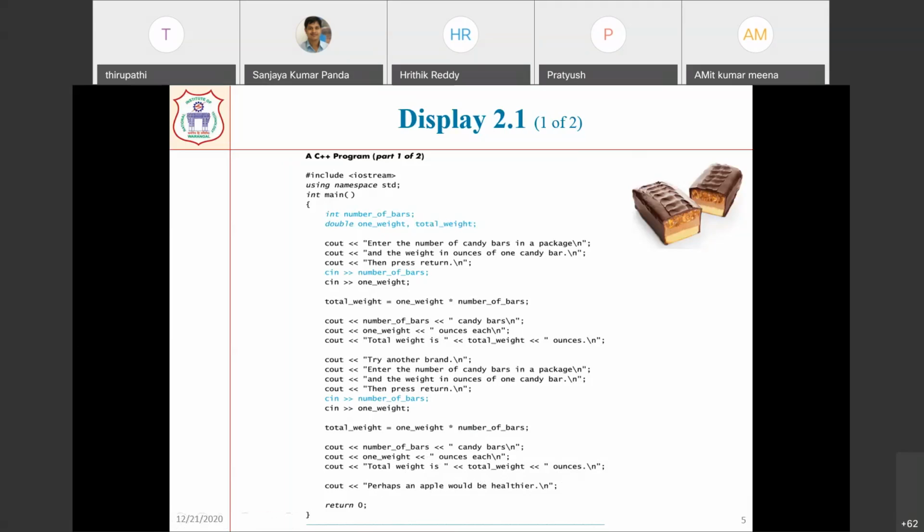So you can see in this program, the main important point you should know is that you are repeating a couple of statements two times. You can see it almost starting from this cout to this cout, right? The calculation of total weight, the same thing you are writing here, right? Which